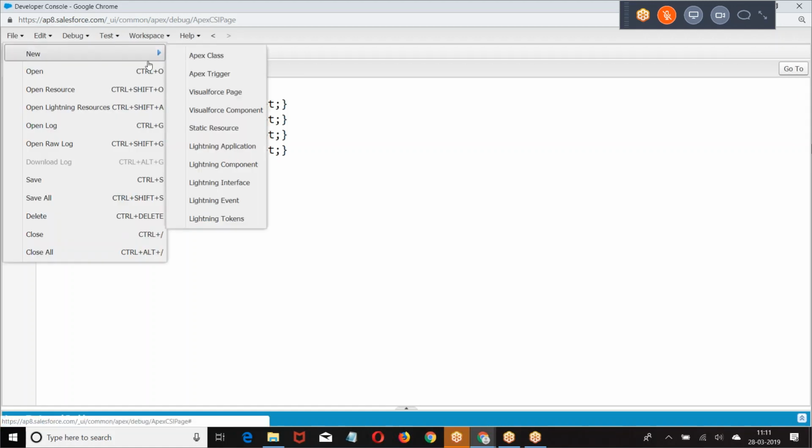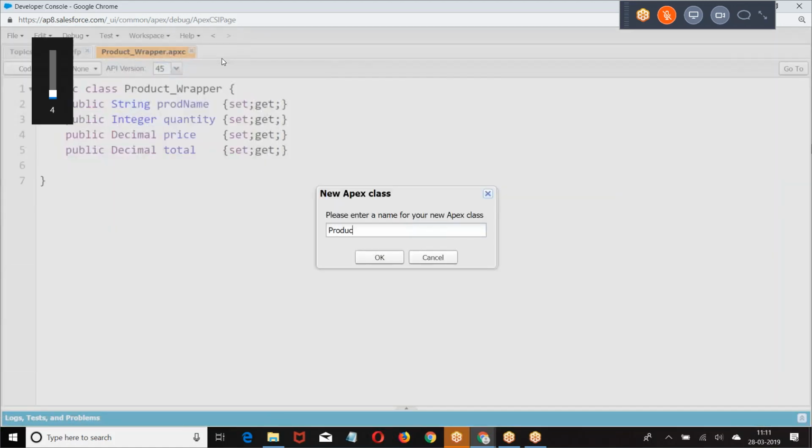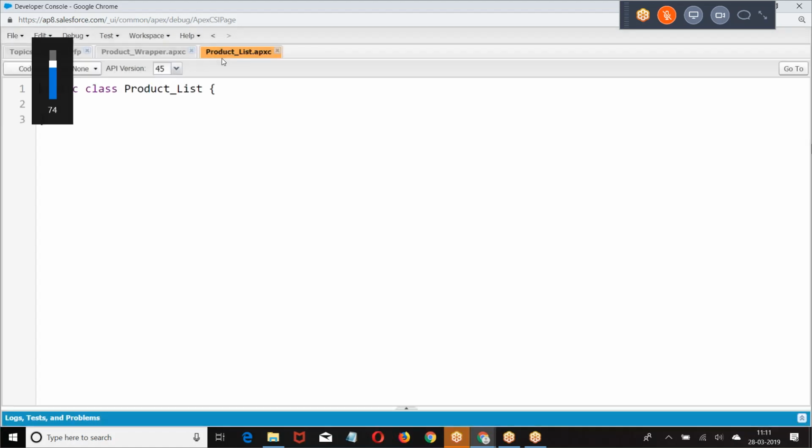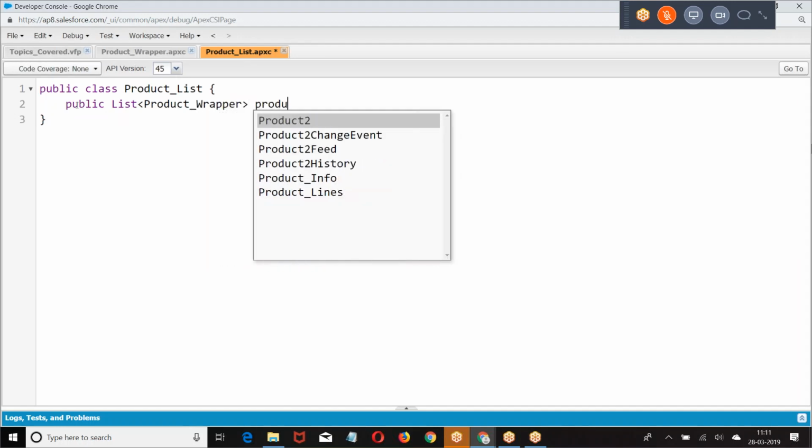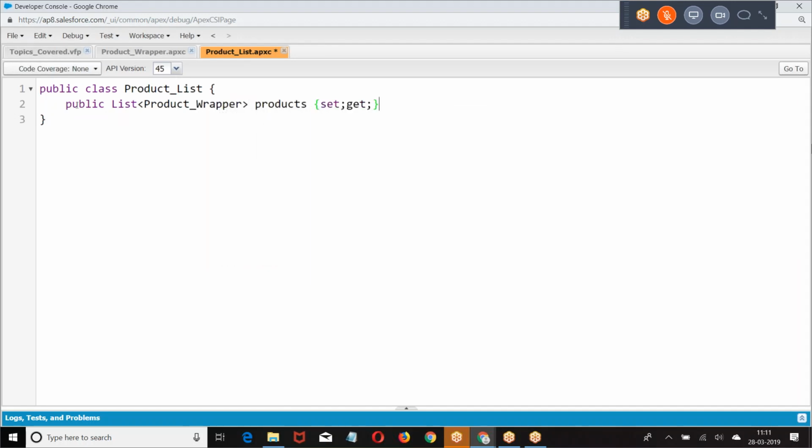Now I want to create an Apex class. List of product elements. I gave products equal to new list of product.